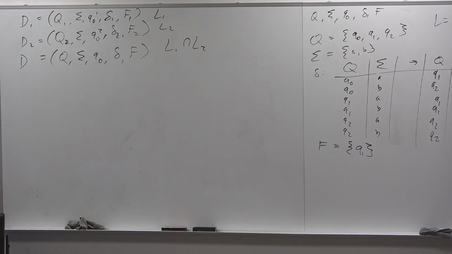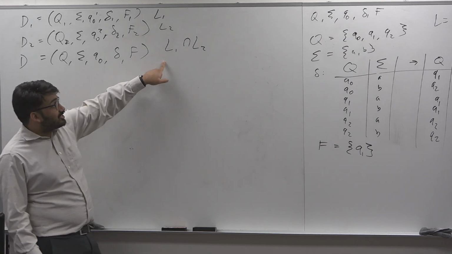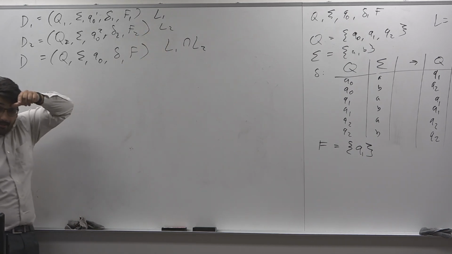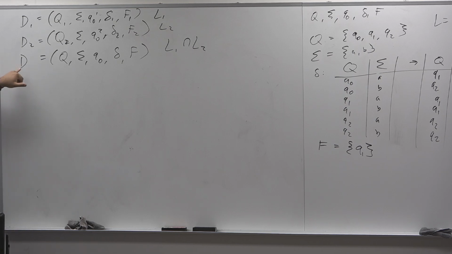So suppose we have two DFAs, D1 and D2. We will construct a new DFA D that decides the intersection of the languages L1 and L2. What's gonna happen here is that this new DFA D is going to quote unquote simulate D1 and D2 in parallel, simultaneously on